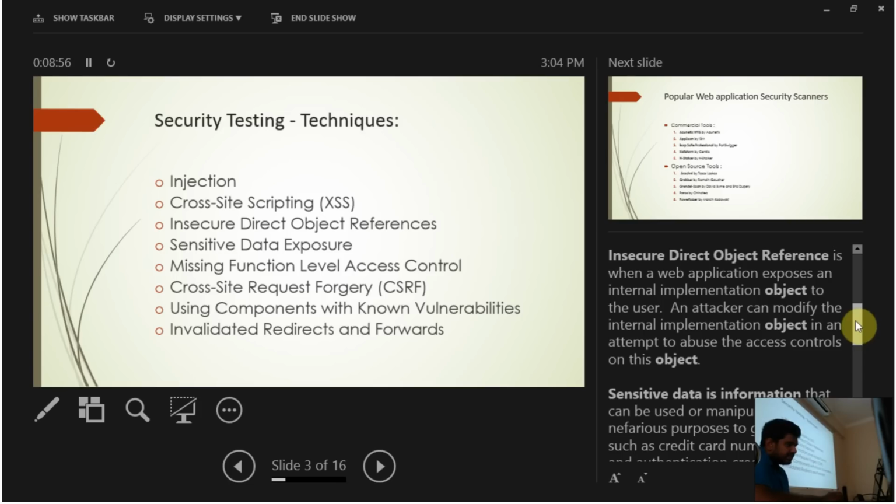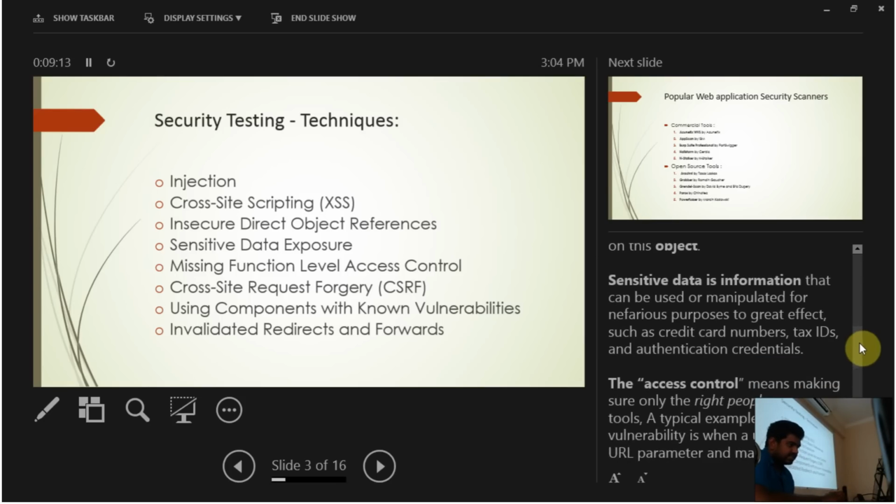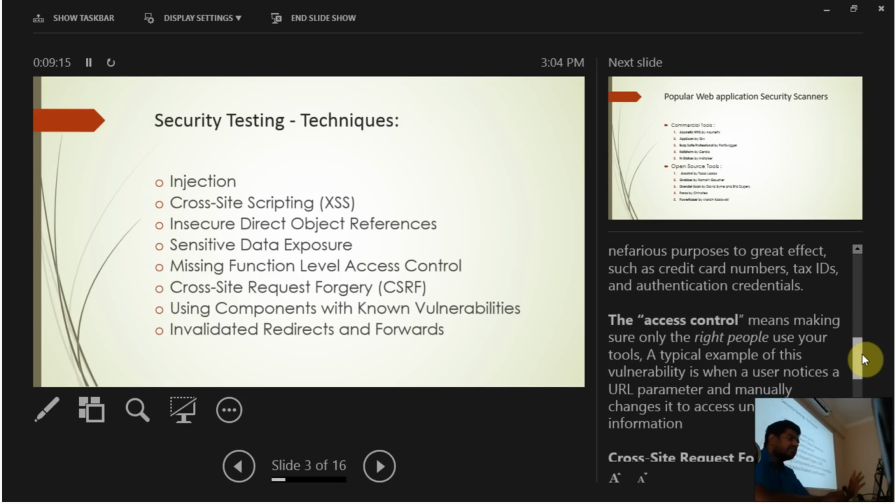The next one is sensitive data exposure, where information can be used or manipulated for nefarious purposes of great effect, such as credit card numbers, tax IDs, and very sensitive information can be revealed. The next one is access control. It should make sure that only the right people use your tools.